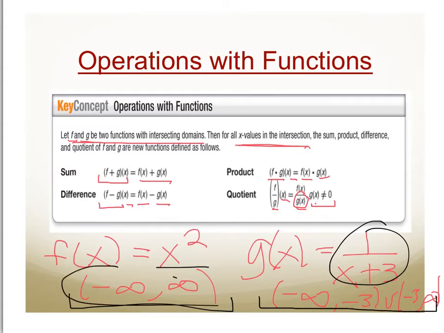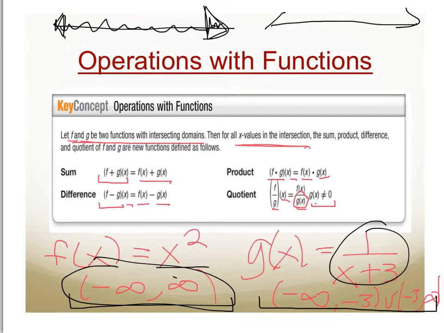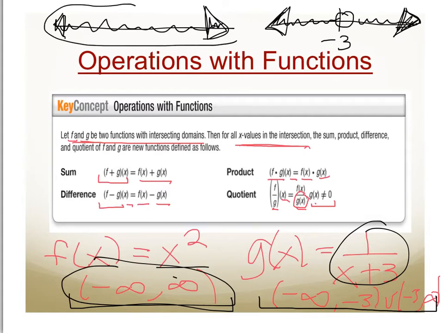Well, this first function, f of x, has a domain of negative infinity to infinity, which if I draw that on a number line, we would graph that as a number line with the entire thing shaded. And then for the second function, I would draw and shade everything except for negative 3. So if we intersect the domain for f of x and the domain for g of x, which I drew here,